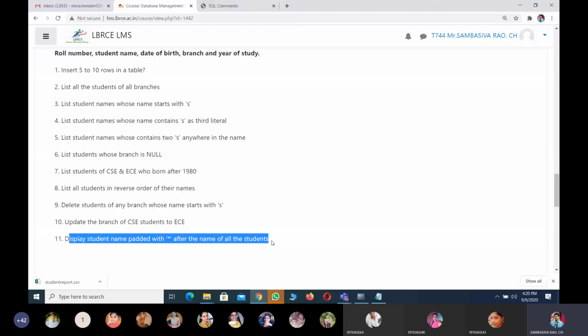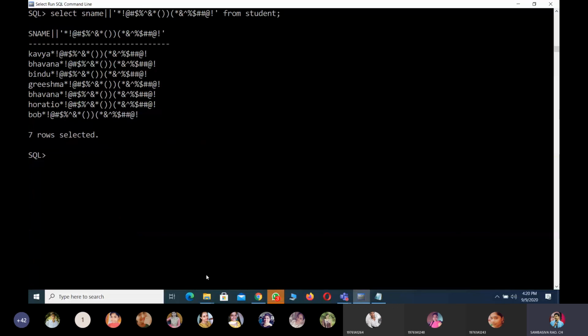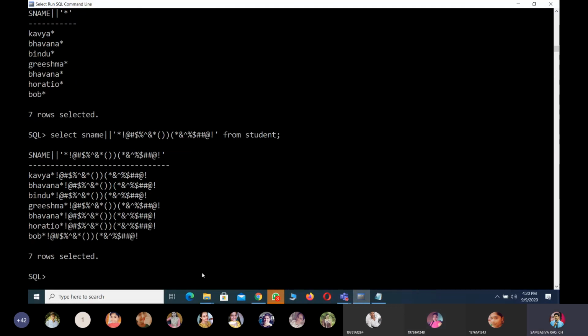Suppose you are going to add that character before the name, then how do we write the query? The star has to appear before the student name. So see the query and tell me. Select sname, star, pipe symbol.